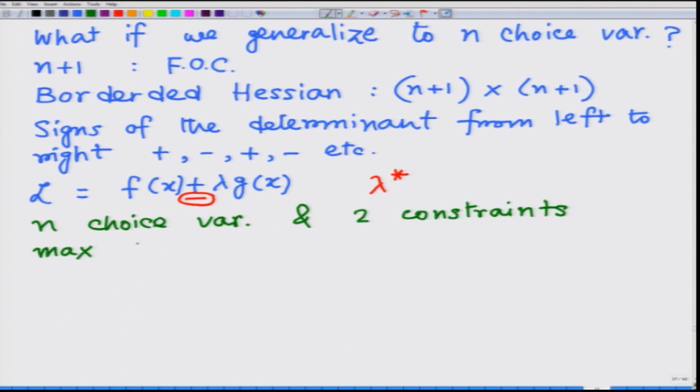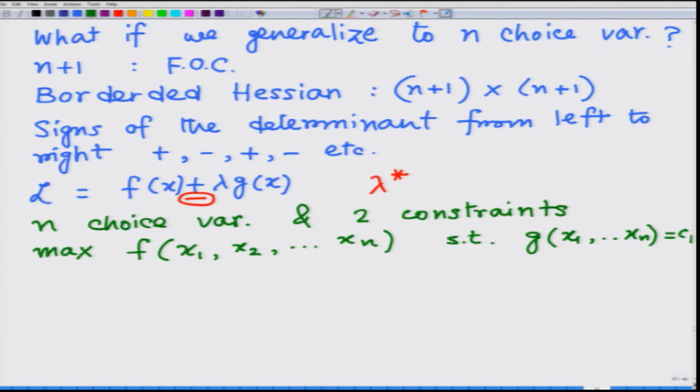Maximize f of x1, x2, ..., xn subject to g of x1, ..., xn equal to c1. This is function g1, there will be another function g2,